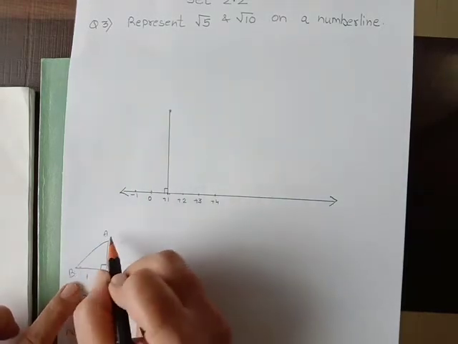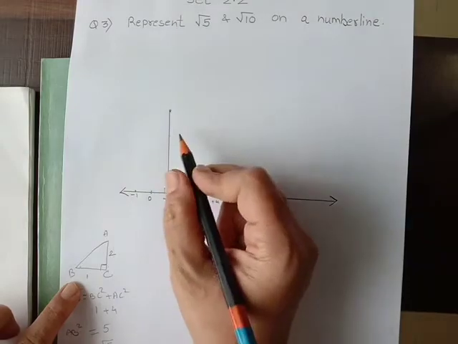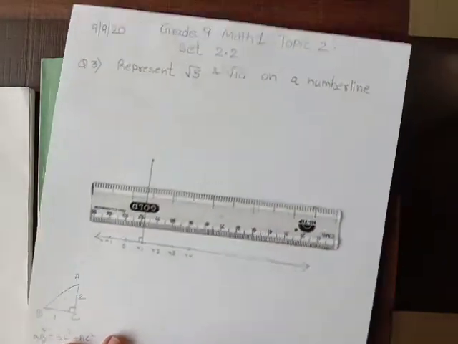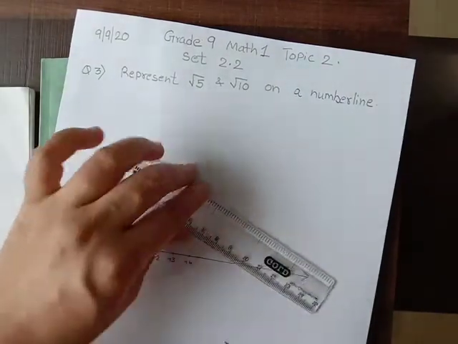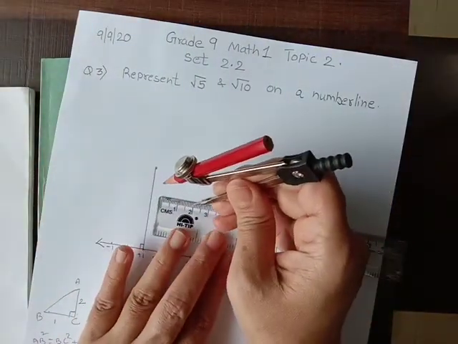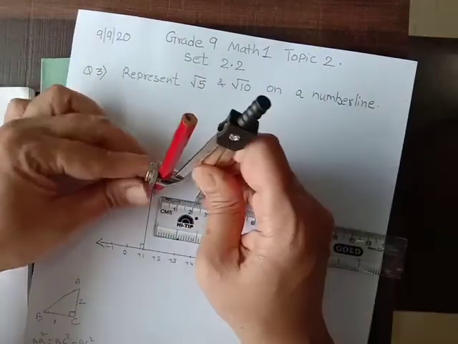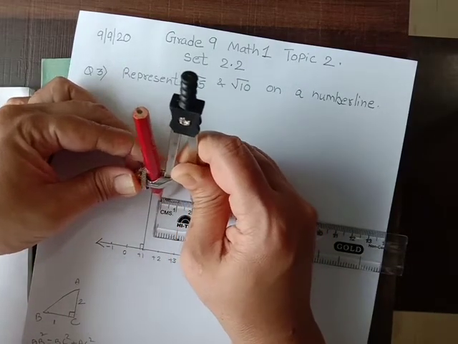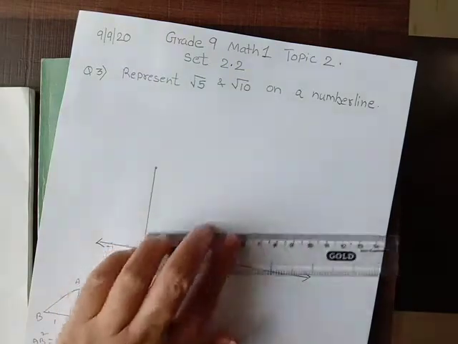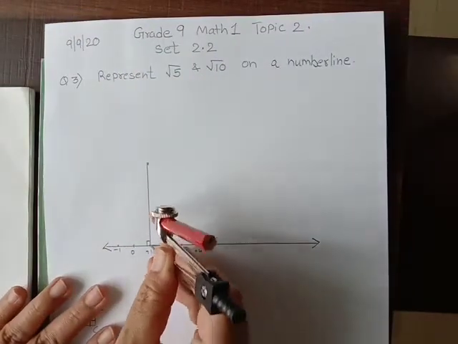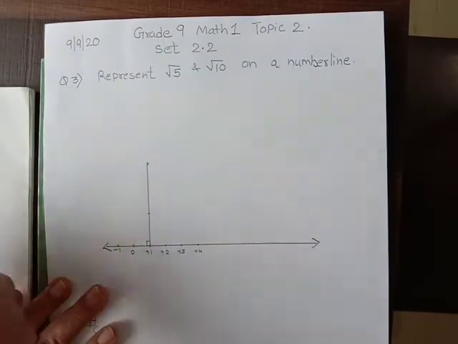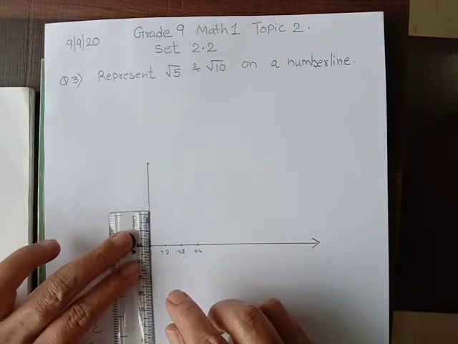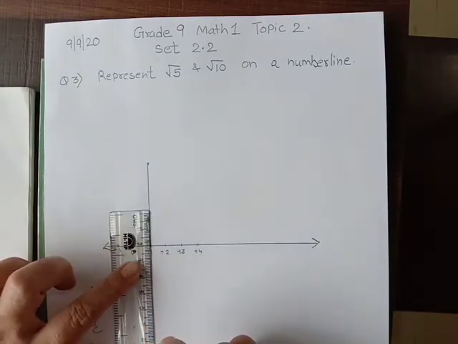Now I want AB. This distance should be 2 centimeters. So I'm going to take 2 centimeters in the compass and mark it over there. So 2 centimeters I am taking. So this is 2 centimeters exactly. So I am going to mark here 2 centimeters. You can cross check with your pens also. See, exactly 2 centimeters I want. Alright. So this is exact 2 centimeters.